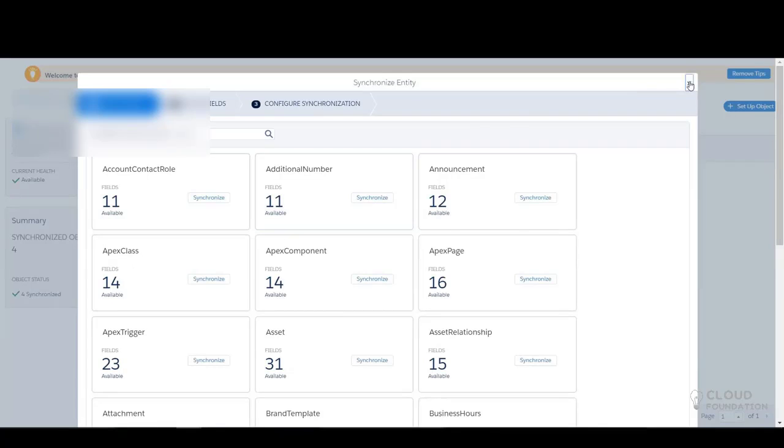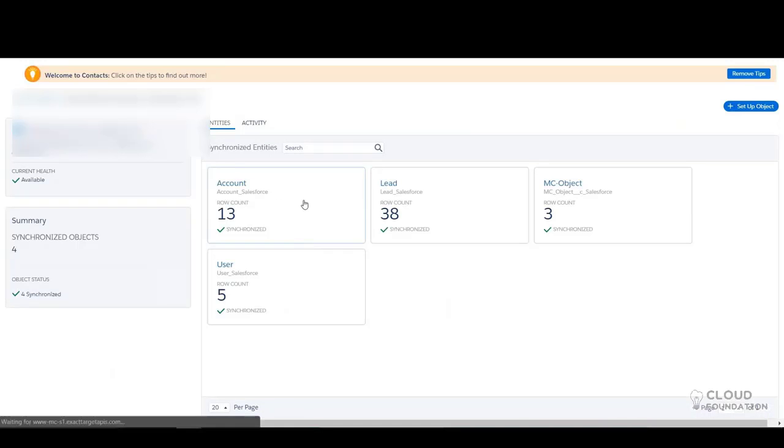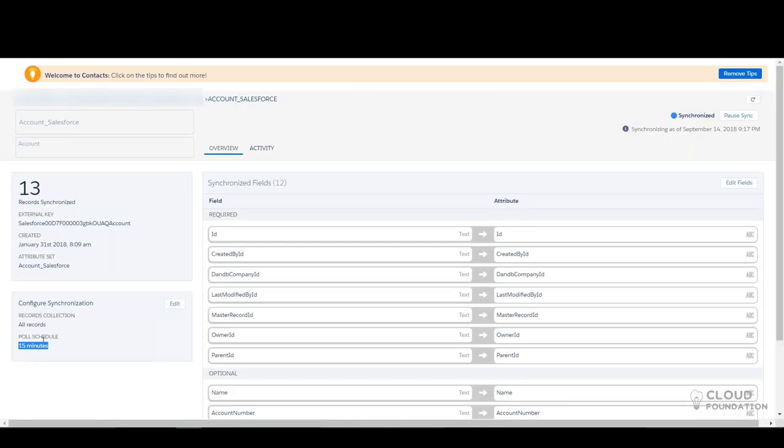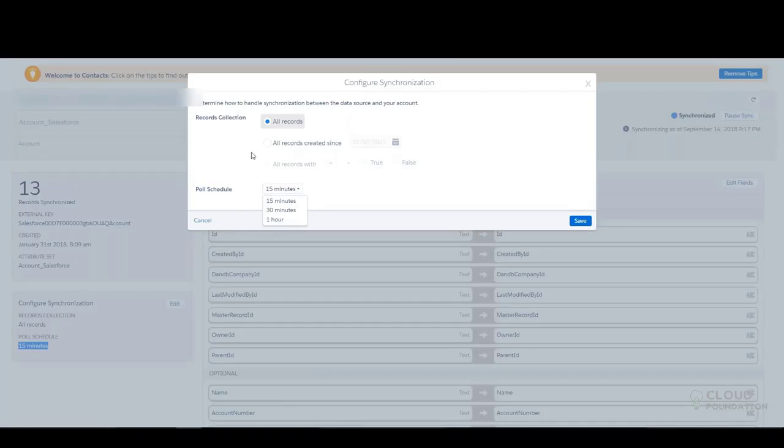You can see all my Salesforce objects are listed here. And once you configure that, you can configure the timings, where the minimum is 15 minutes. So every 15 minutes, my account object will be synced between Marketing Cloud and Salesforce. Let's say if there are any new contacts or accounts created, in the next run, a job runs in the backend and pulls in all the records from Salesforce to Marketing Cloud. You can edit the poll schedule, and choose records created after 2015 or before 2015. You can have filters, all those things here.